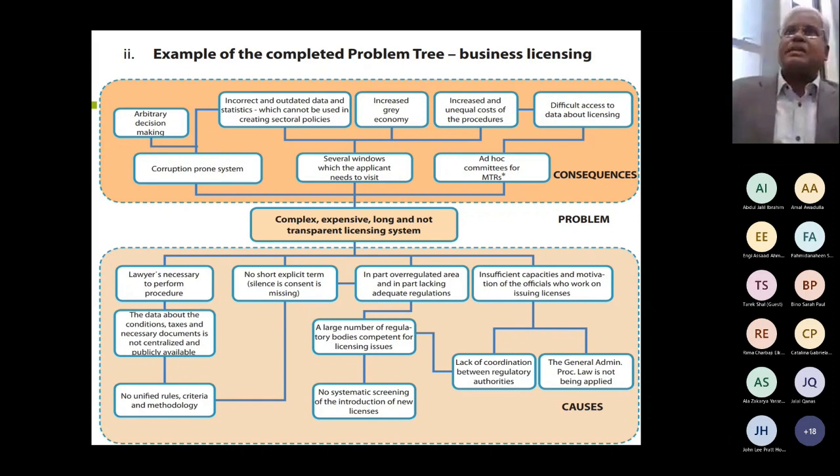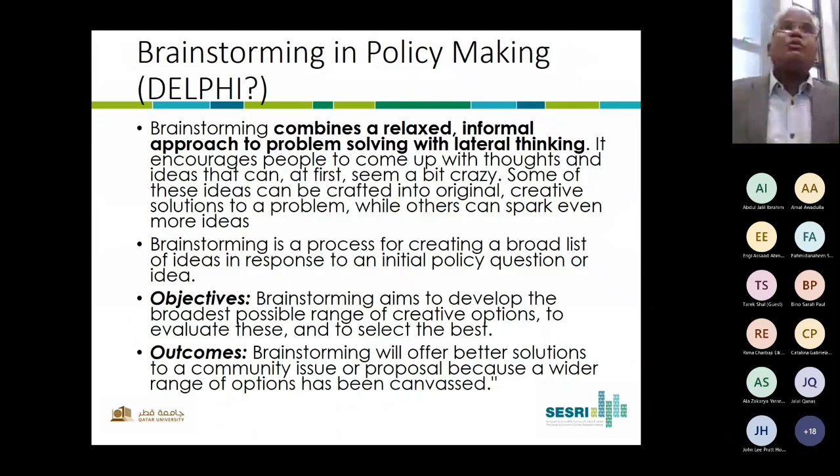So it essentially captures the problems, and if it has a lot of problems, it has negative consequences which are caused by the problems. So it helps in making a wise policy decision. So then move on to the next